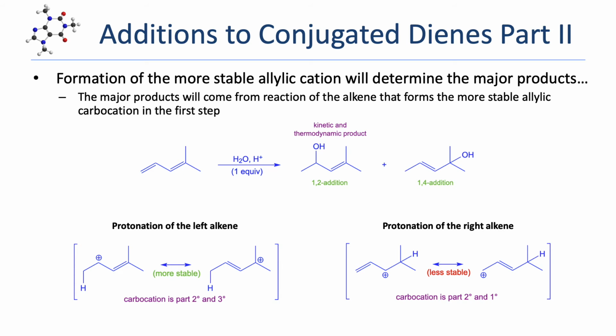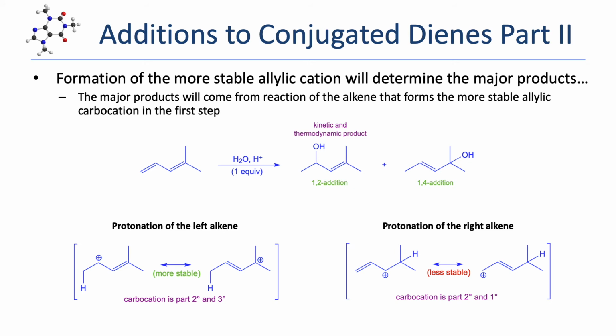Because the carbocation that forms from protonation of the left alkene is more stable than the carbocation that forms from protonation of the right alkene, Hammond's postulate allows us to assert that protonating the left alkene will be faster than protonating the right alkene. Once we know which alkene is more likely to be protonated, we finish the reaction as we did before, having the nucleophile, in this case water, attack either of the two electrophilic carbons in that allylic